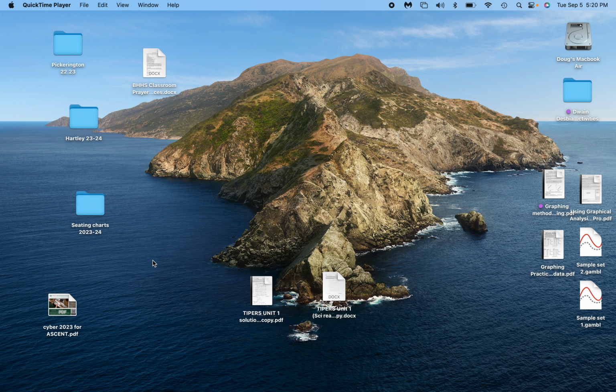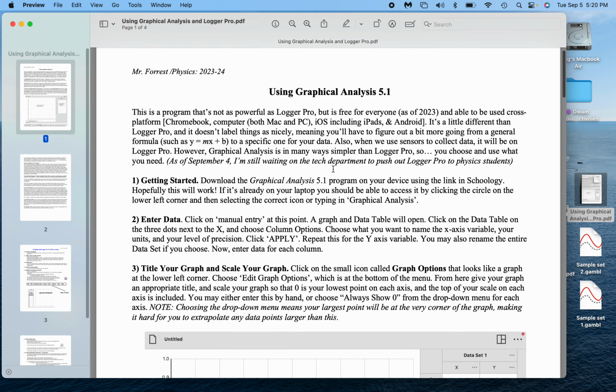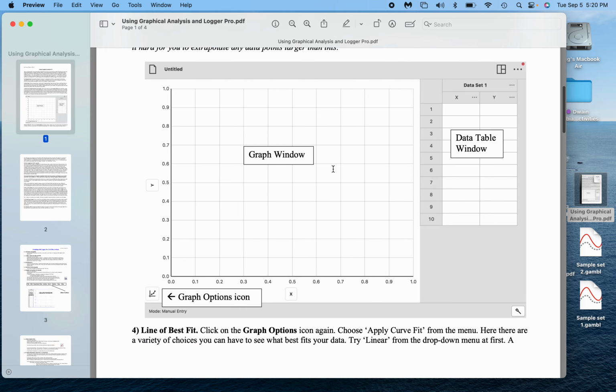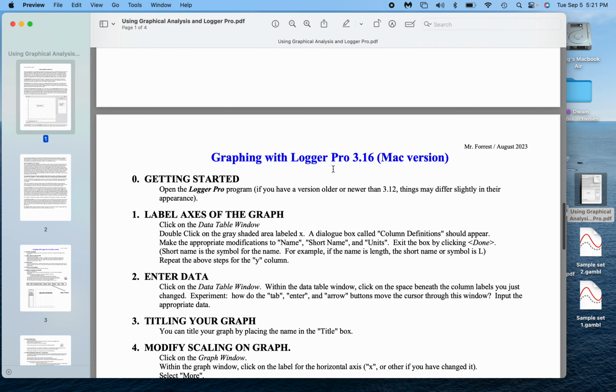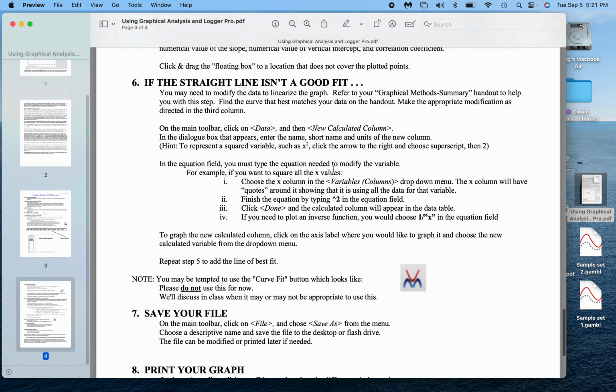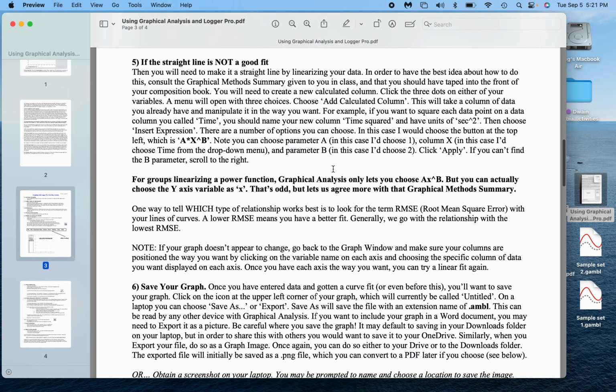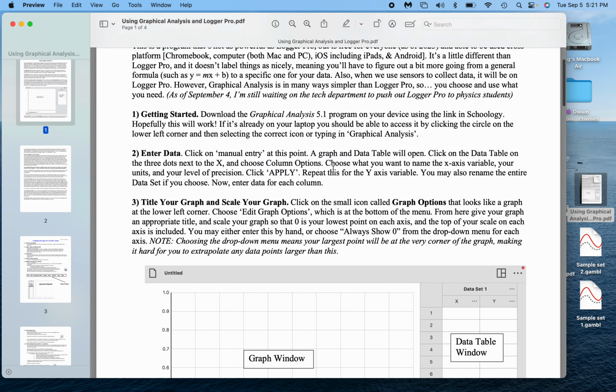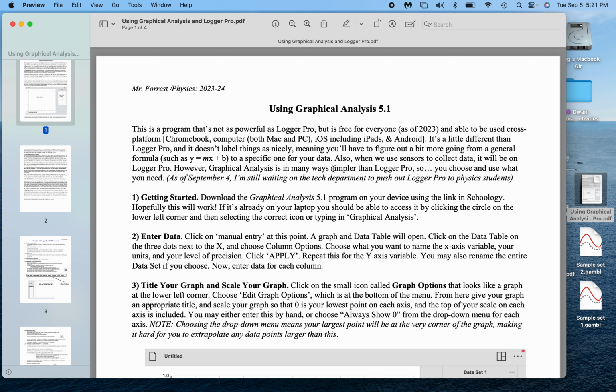First screencast of the year where I'm going to do a tutorial of how to do some things. So in class we went over how to use graphical analysis. I gave you a handout that looks like this. It involves using graphical analysis, and then later on we're going to use a program called Logger Pro, both from Vernier Software. I think at least initially the graphical analysis you had to use as a Chrome web app